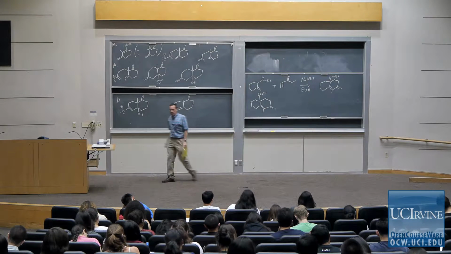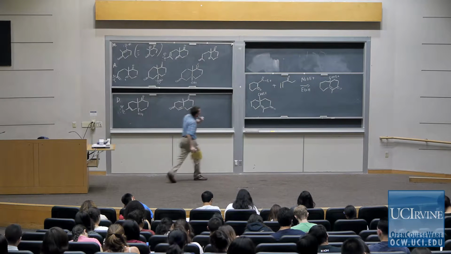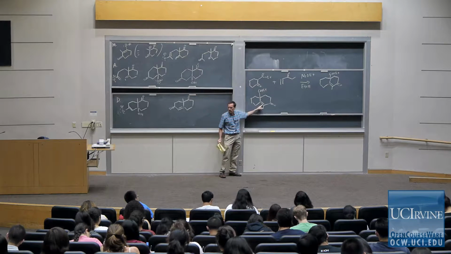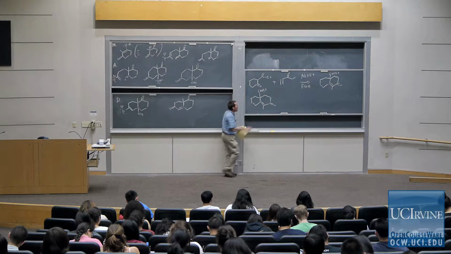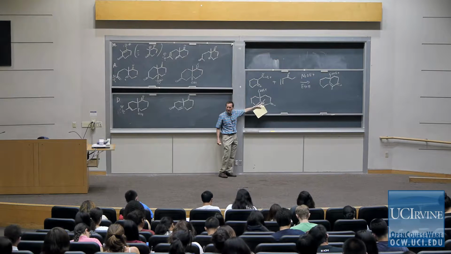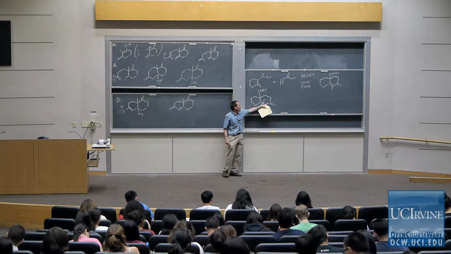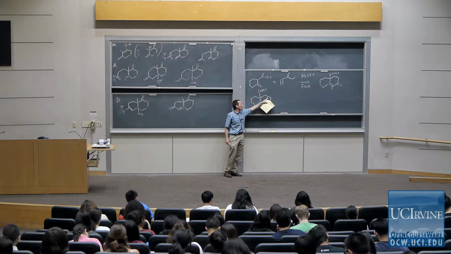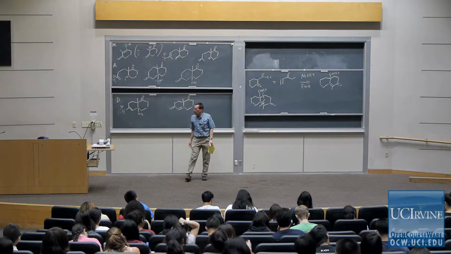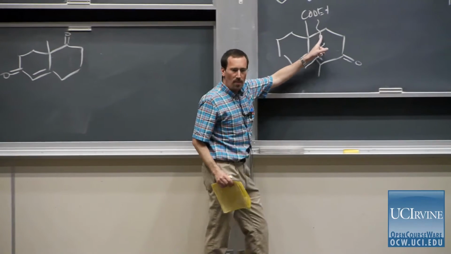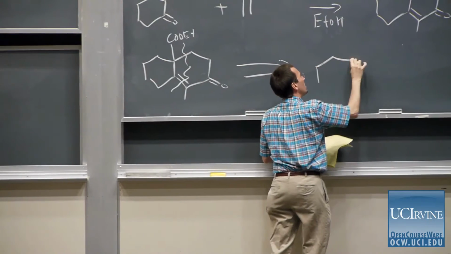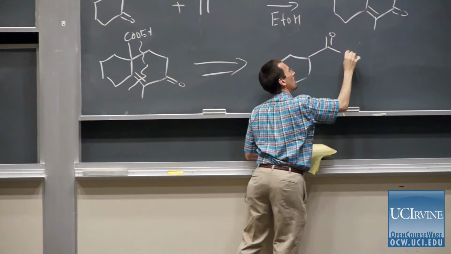retrosynthetically. So Johnny and Kim and I look at this and say, this is a cyclohexenone, and I know cyclohexenones can come from Robinson annulations, and I know that in this reaction we can think backwards about forming the alpha-beta unsaturated bond, but also the bond that's between the third and fourth position, so the beta-gamma bond to the carbonyl of the cyclohexenone. So we can break this molecule apart in one giant retrosynthetic step and say, oh, this had to come or could come